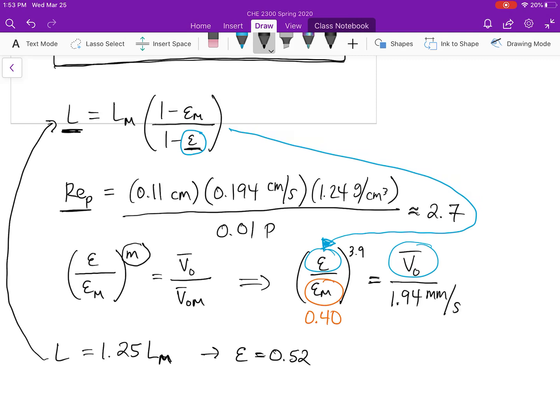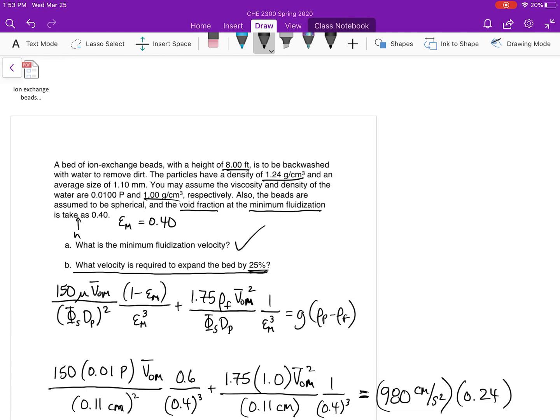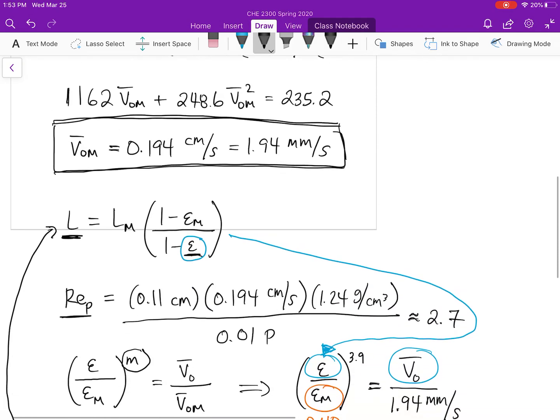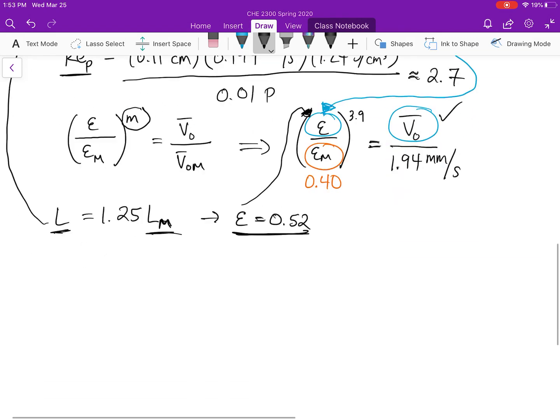So all I've done is I've taken this, I plugged it back into my equation because I know the height of my bed at minimum fluidization. And I know the relationship between the expanded bed and the height of my bed at minimum fluidization. With that, I can calculate this void fraction of my expanded bed. I can take that void fraction, I can plug it right back in to my equation here, and now the only unknown is this velocity that is causing my bed to be expanded by 25%. I solve for that velocity,